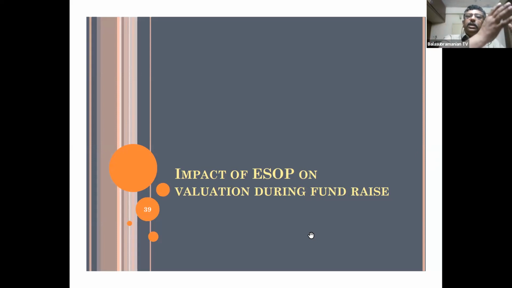But there is an ESOP which is already promised. How do we factor that into our valuation here? So this is a key area. Many PEs have this kind of a scenario where in most PE funding, when it comes, there is some ESOP portion which is also there. So how to determine that is again an area of interest to know and